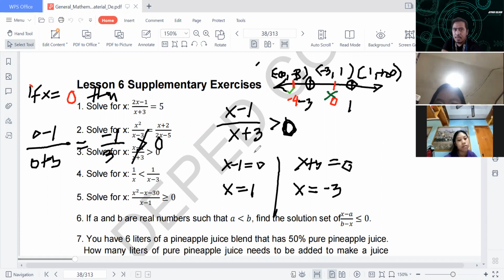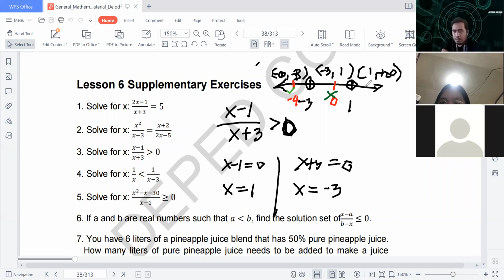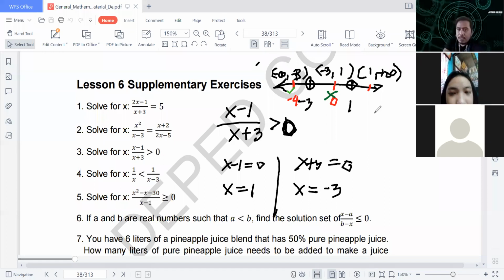Okay, let us have the last interval that we have, the open interval from 1 to positive infinity. What we will be doing is getting a number here. What do you think is the number that we can test? Any suggestion? 2. Yes, 2. You can use 2. So if x is equal to 2, then